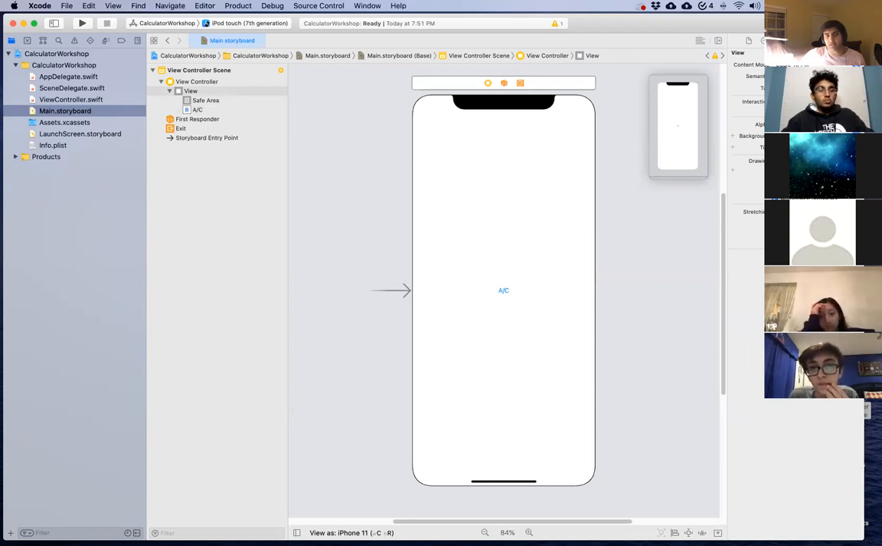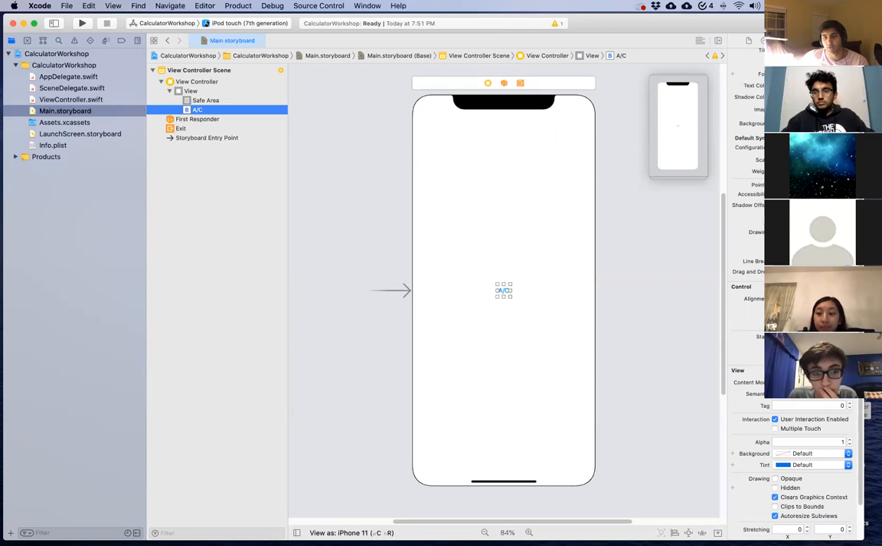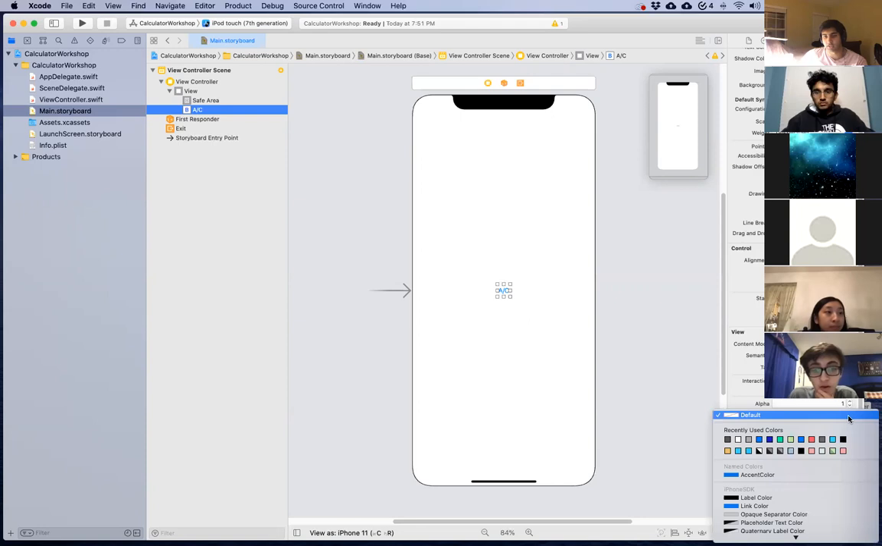Now this disappeared because I'm no longer clicking on the button, I'm clicking on the view. If I click back on the button, everything will show up again. So now you can look at all these features. We have a lot of features here. But right now, what I'm focused on particularly is the background color. I want to change this first. So let's change this to,